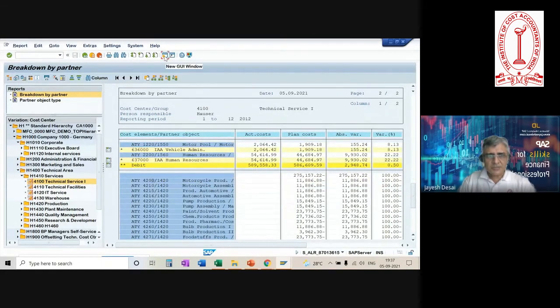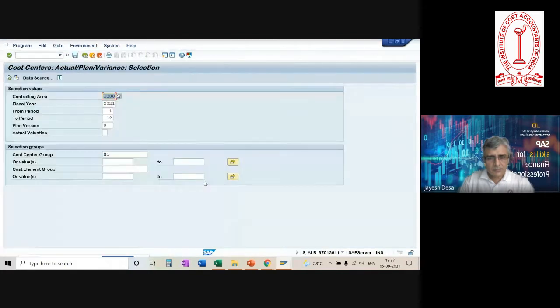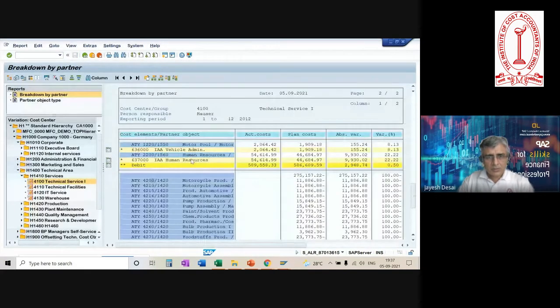So what I'll do is I'll open up another screen. Okay, so this cost center, technical service 4100, has sent cost to 4200,